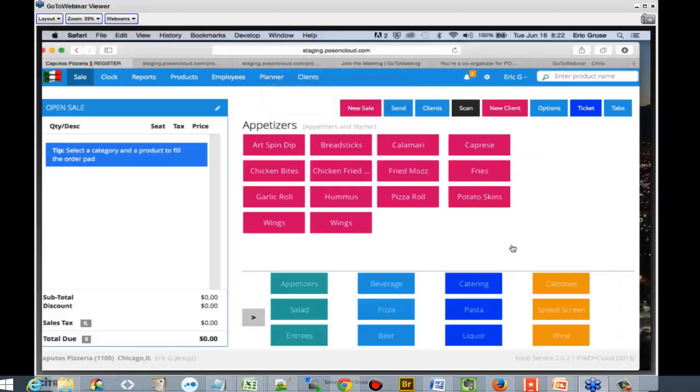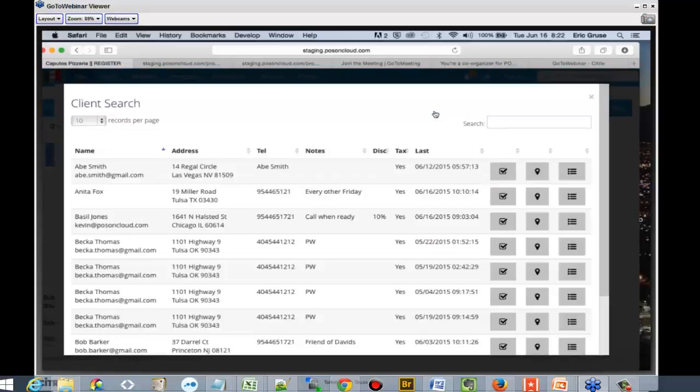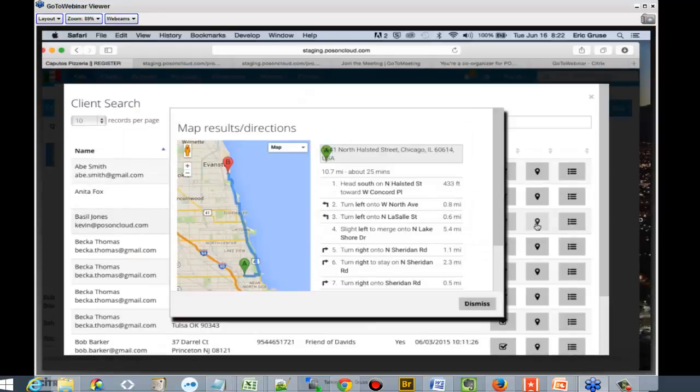Yep, we have, let me go ahead and do a delivery order right now. I'm going to attach the client to it. So based on our client here, we'll do Basil Jones again. You can see the map, and this will show the mapping to show you whether or not this person is within our delivery service area. It shows you the distance in miles,